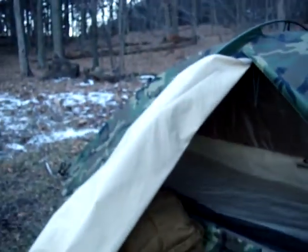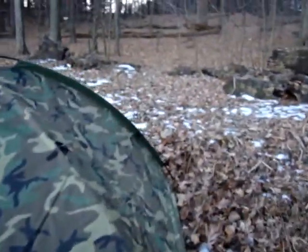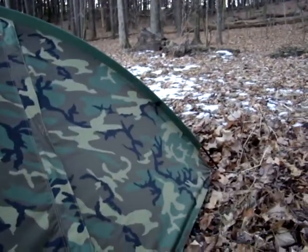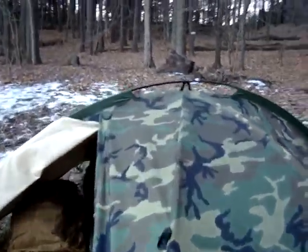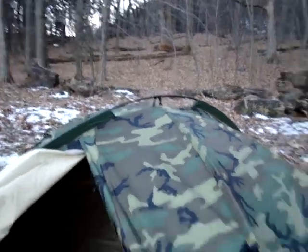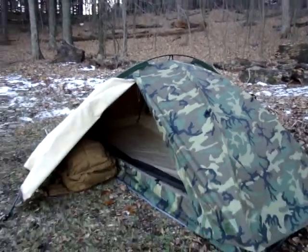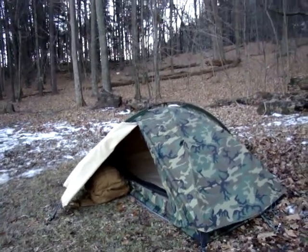But my thoughts were this would stay a little warmer, and also because the fly pole is anchored on both sides, I was thinking that this may possibly be able to handle a little more of a snow load than the ICS 2000, and since I'm here in Wisconsin, that could be an issue. That's my thoughts on it. Again, I think that